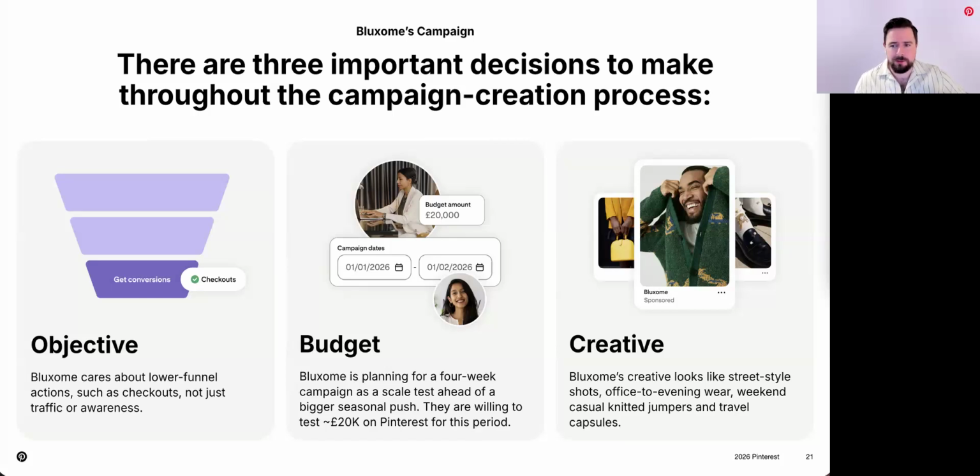They're looking for that measurable revenue. Their North Star is checkouts ultimately and ROAS, so a conversions campaign with Pinterest Performance Plus is a really great fit. On budget, we need to set up a budget that is unconstrained enough to allow for learning. So we're going to avoid any tiny fragmented budgets and give the system enough room to capture a meaningful amount